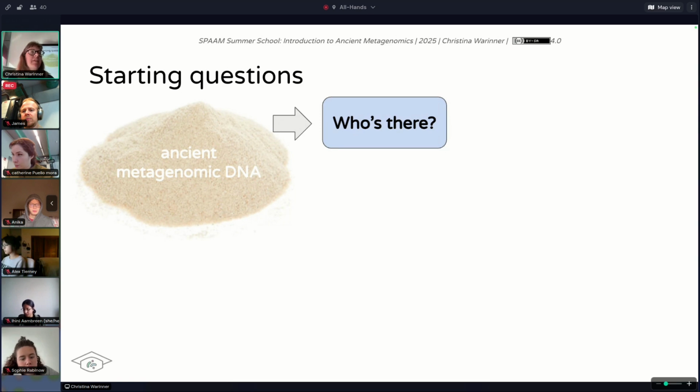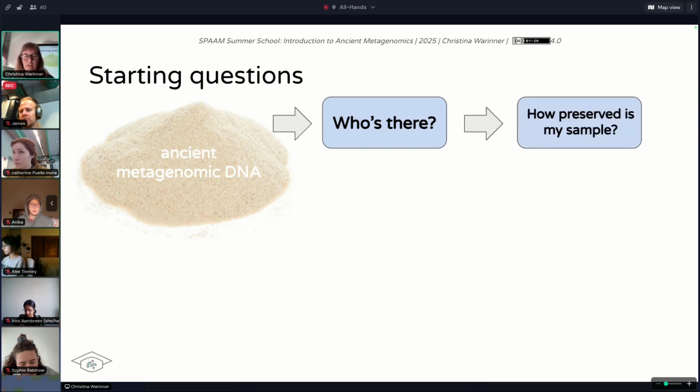What species are there? That's kind of always the first starting point. What organisms are present in this pile of ancient DNA that I've now generated? The next question you want to ask is, well, how preserved is my sample? Does it actually preserve the original microbiome or the original pathogen, or is it completely turned over and composted with